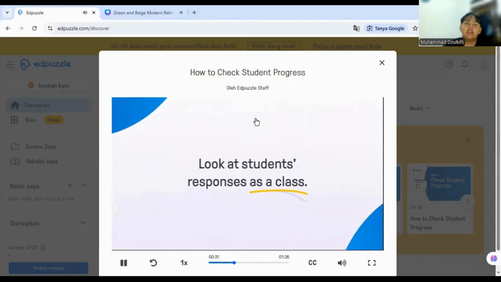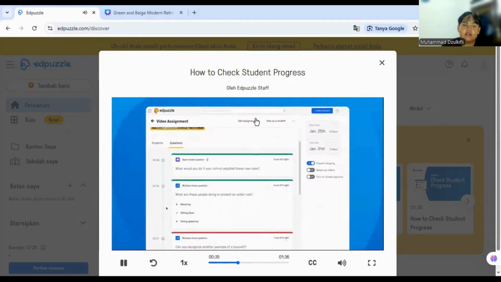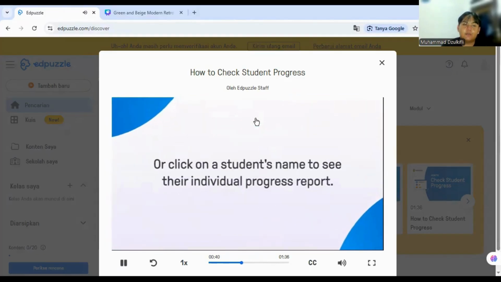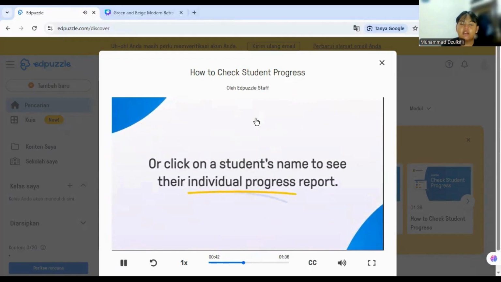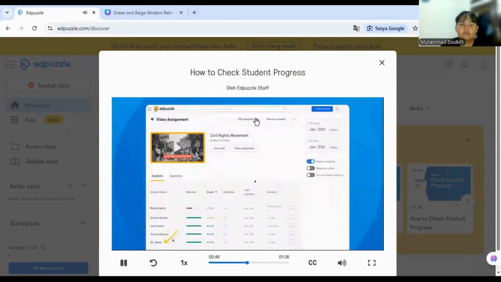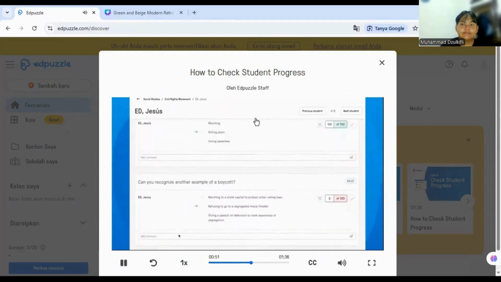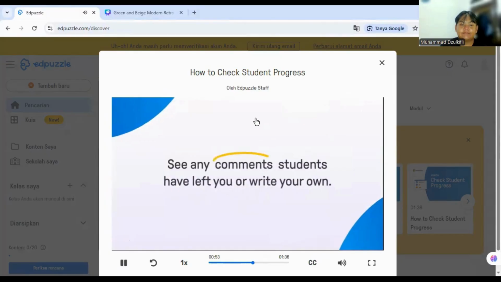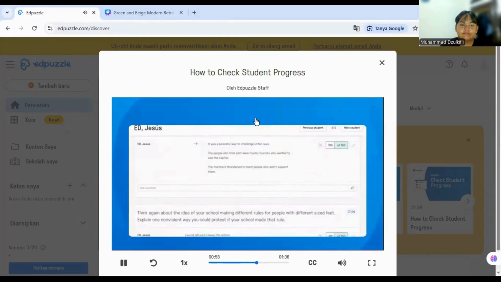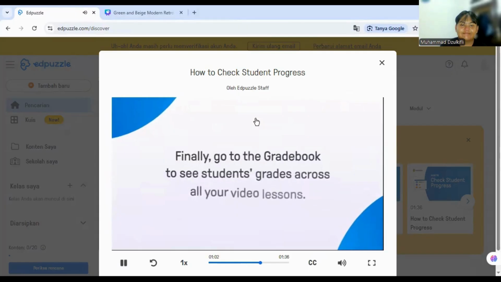We can also look at responses directly, and it's really good, it becomes easier.